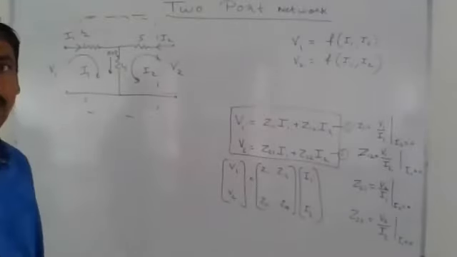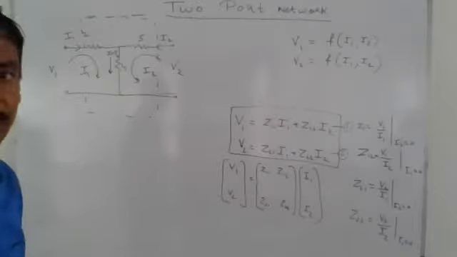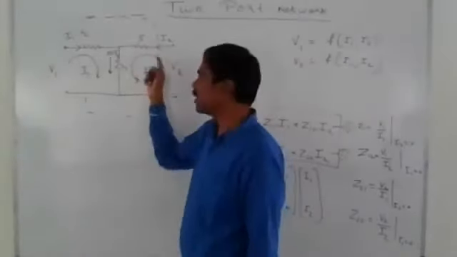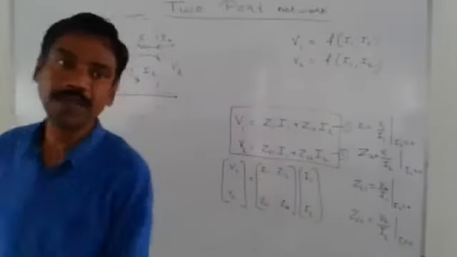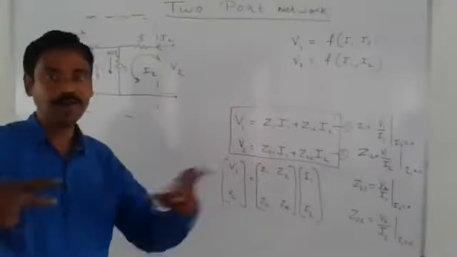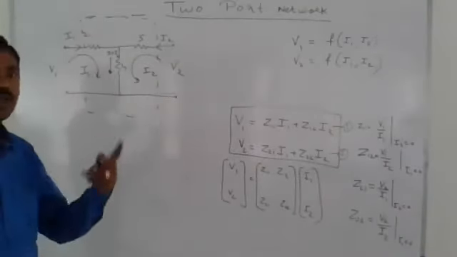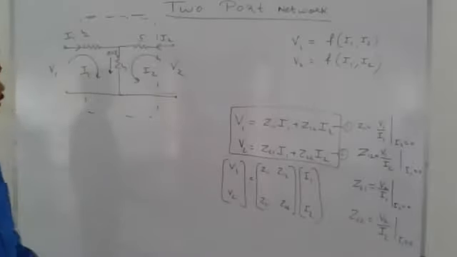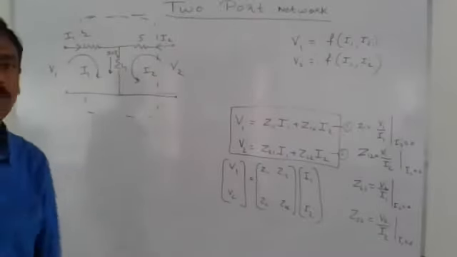Okay? All of you agree? The current through the 4 ohm resistance will be I1 plus I2. Here I am taking this current in the anti-clockwise direction, because the standard notation of a two-port network is that both the currents I1 and I2 are incoming. Why have I taken the standard notation? Because the current I1 is incoming and I2 is also incoming. So the current through the 4 ohm resistance is I1 plus I2.